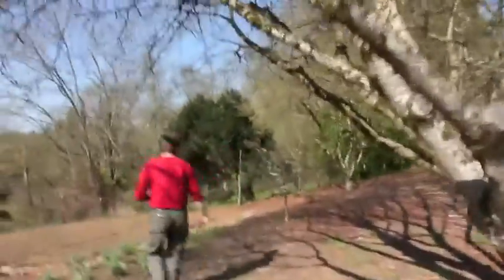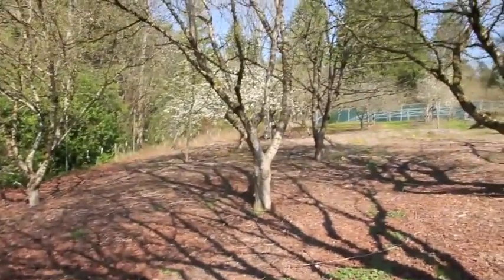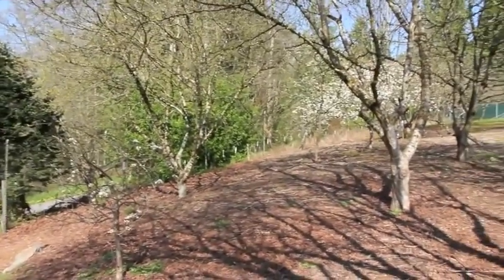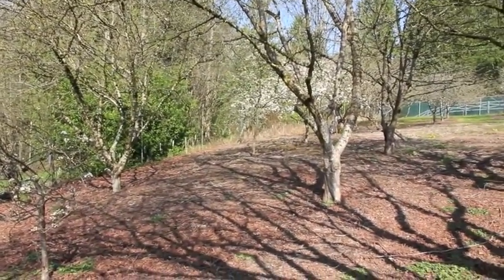Our orchard is just starting to flower. It's late, like I said. You'll see our Japanese plums and some of our Italian plums are starting to bloom right now. The apples are still behind. And then,